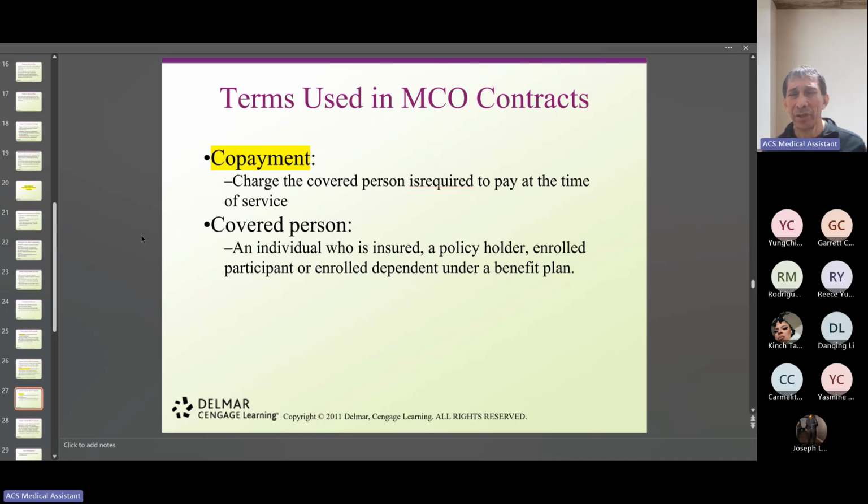Oh, hi, Mr. and Mrs. Smith. So you have a copayment. Are you going to pay now? Because usually we collect it right there at the front, because after the patient is finished, probably it's going to be gone. But before you actually register them for that visit, you have to ask them.